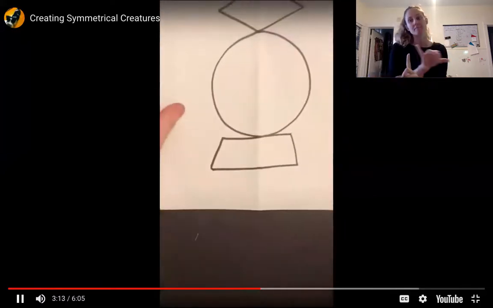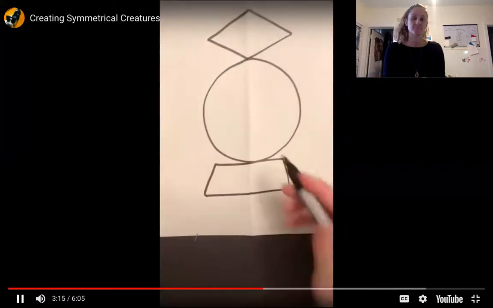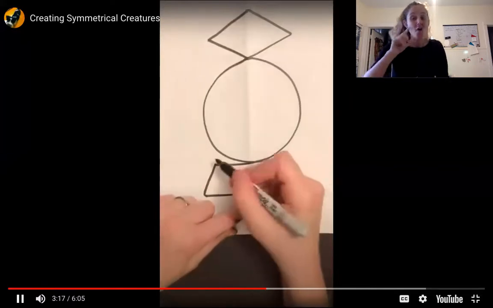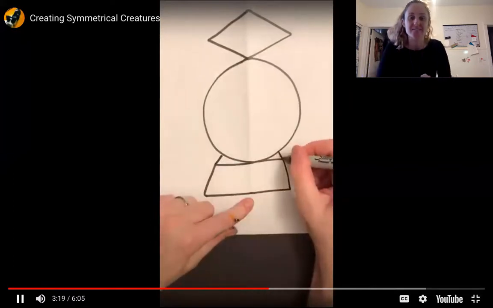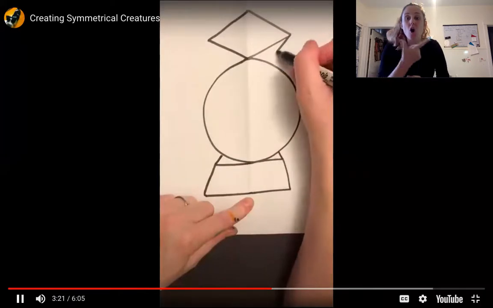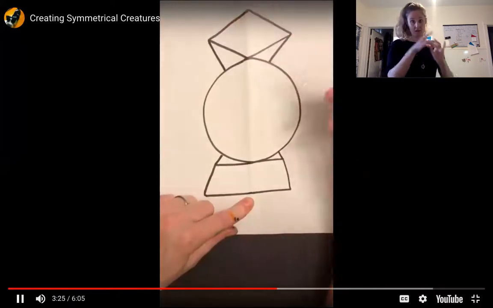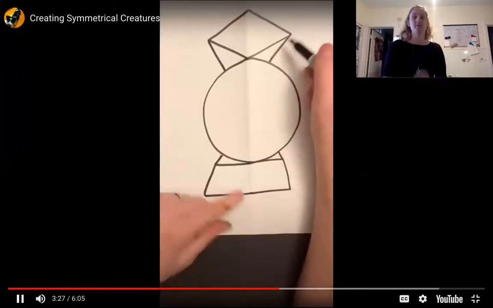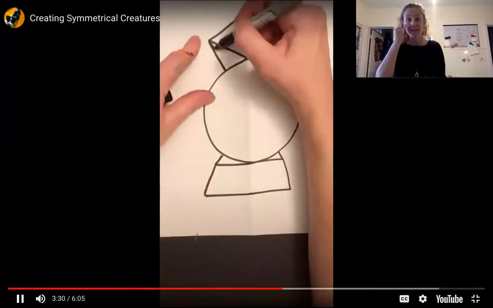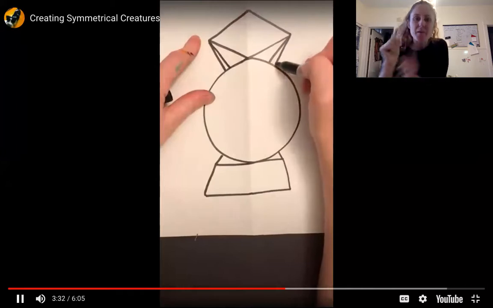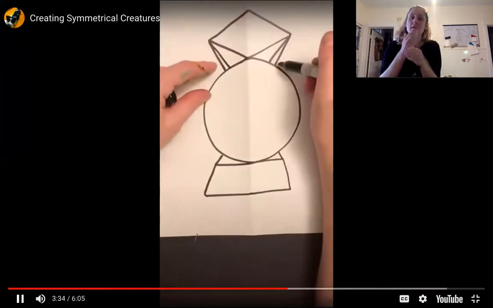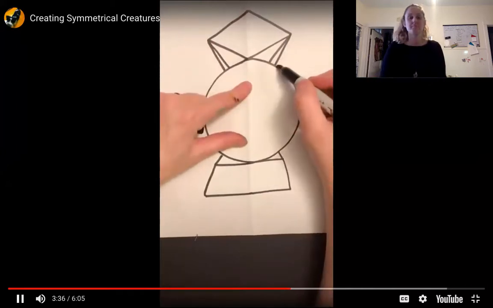So now that I have part of my creature done, I get to add cool things to it. The first thing I'm going to do is try and connect all my shapes together in a cool way that would make this look more like a creature and less like 3 shapes just hanging out together. And if my lines looked a little uneven, I might actually make that part of the pattern. So I made that line look a little bit better. And maybe I would make